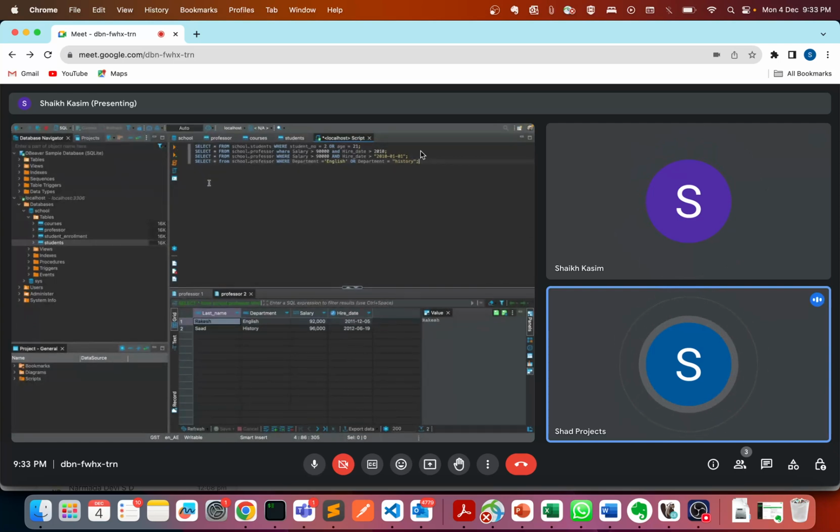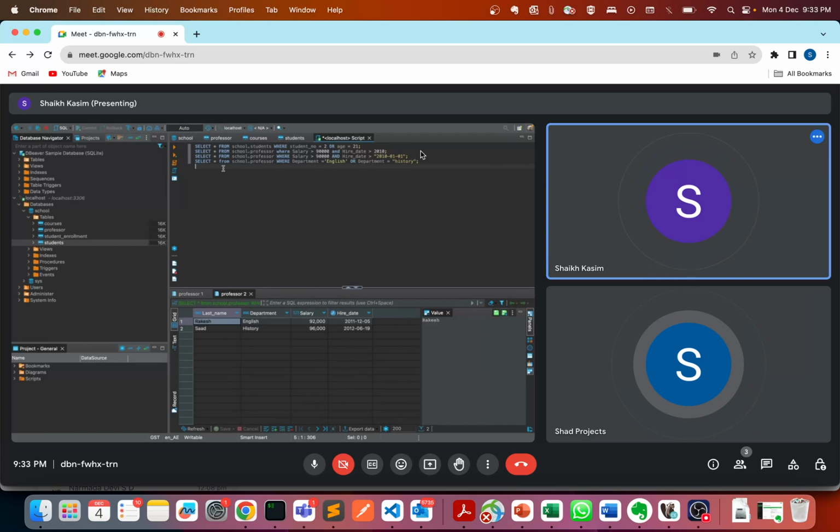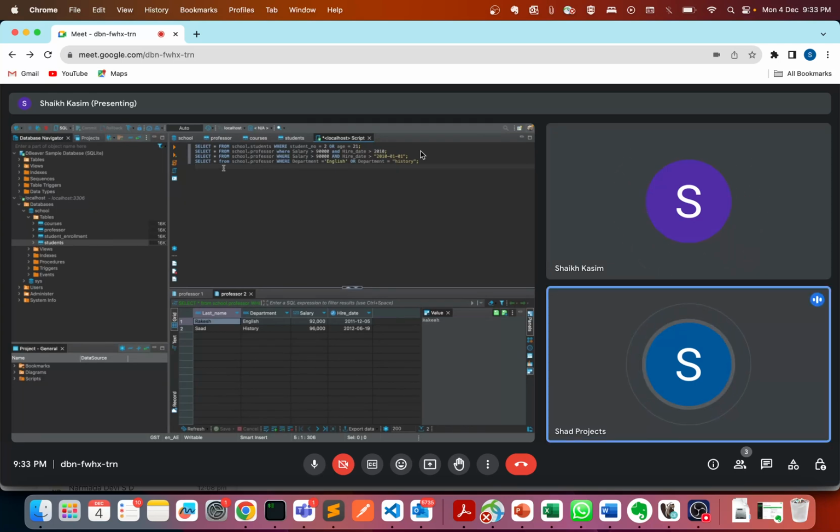Now, can you guess how we can rewrite this last query using what we have already learned? Exactly, using the IN operator. So instead of having an OR condition, IN is nothing but an OR condition itself. You can just say select star from